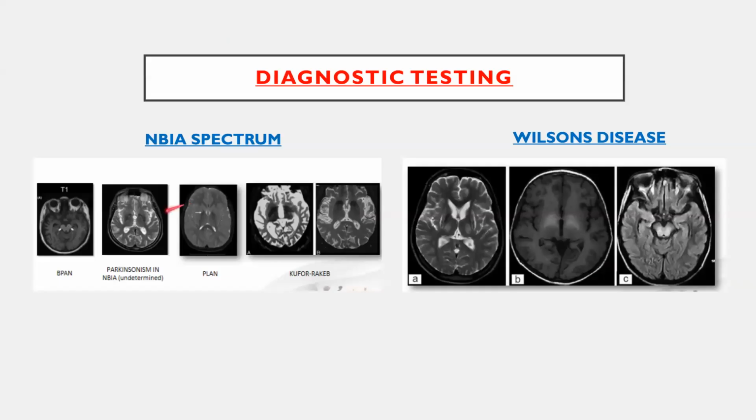So another degenerative condition, that is neurodegenerative diseases of the brain due to iron accumulation spectrum. This is also called NBIA spectrum disorders, in which there will be accumulation of iron in the brainstem, putamen, basal ganglia, and in SWI images also you can see deposition of the iron. So these are all the NBIA spectrum. Just remember the name NBIA spectrum. This also causes early onset Parkinsonism and predominant